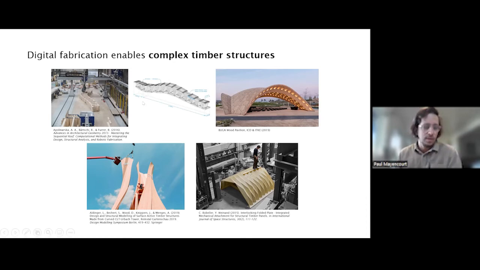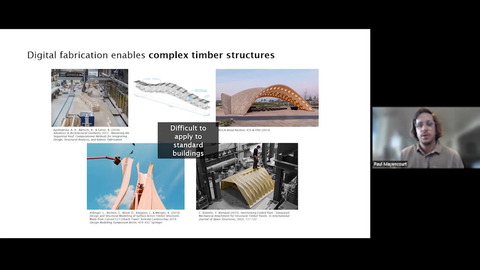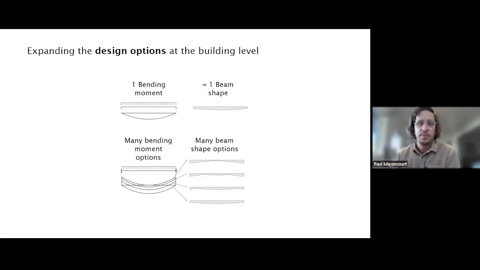But I think the issue in some ways is that these are not super applicable to everyday structures. And if you want to have an impact on the environment at scale, we want to impact everyday structures. So that was a bit of the issue here. And part of what we looked at is how we can also expand the design options. One of the questions we had early on is we don't want to create an optimization system where everyone is going to have the same beam shape, because everyone wants to optimize inside material where you have one bending moment, but you can have only one beam shape. The idea was more to open design opportunities at the same time as saving opportunities for material.